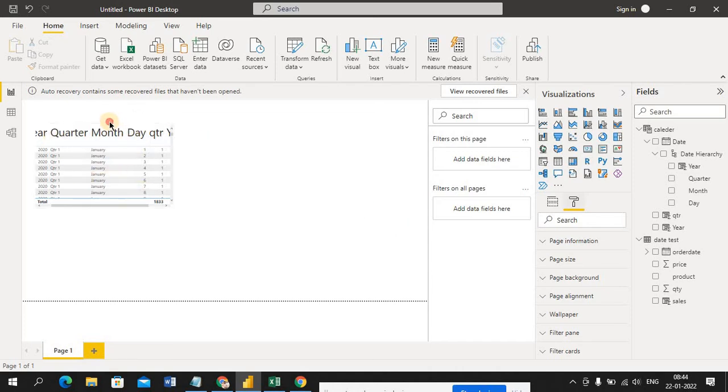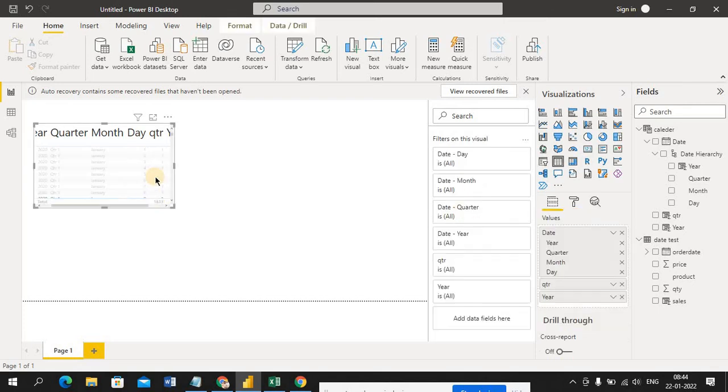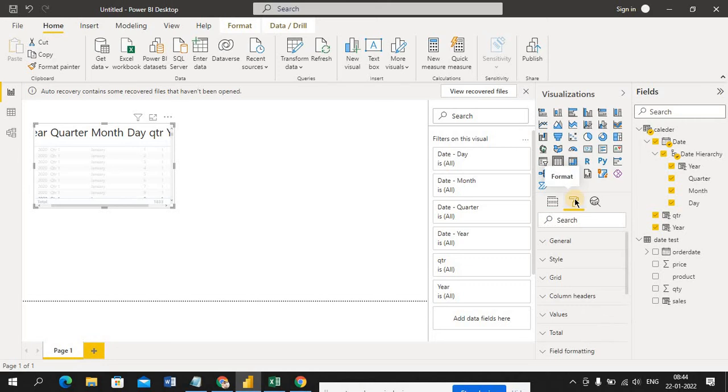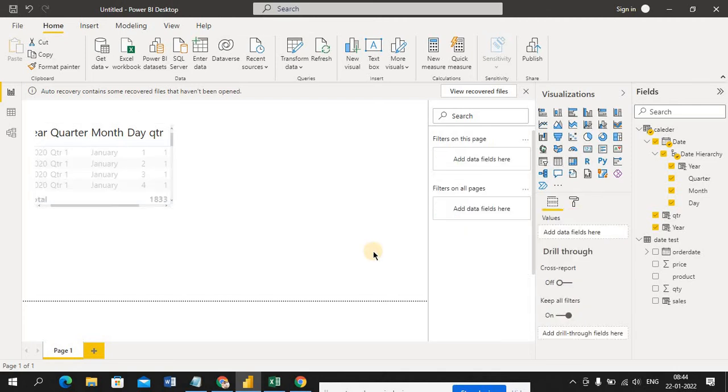You just select this visualization and go to format. Whichever visualization you select, you can change its format here. Under values, the column headers are month, day, quarter.